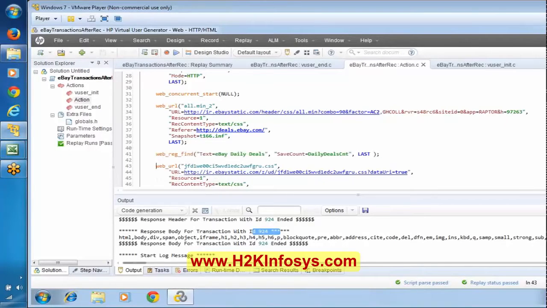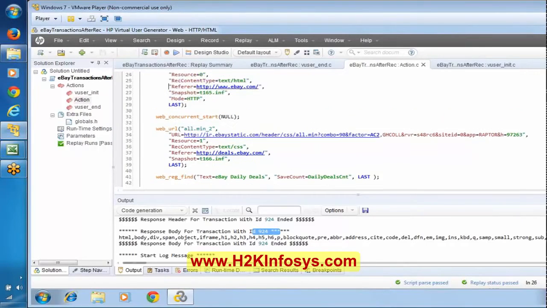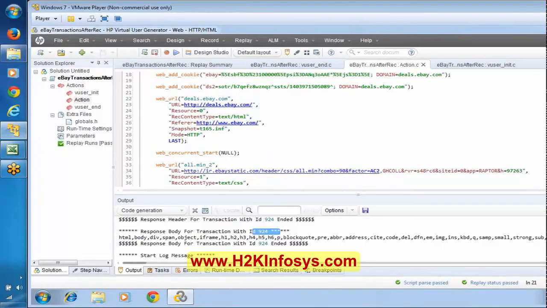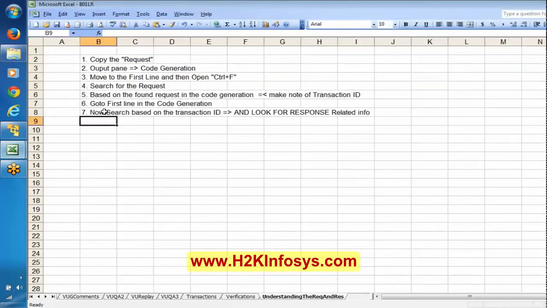Yesterday actually we were trying to somehow, I'm not sure whether while doing some Control F we missed it. Yesterday I assumed that this eBay daily deals was fine in this particular request, and we kept going over here. Now what we have to do, again we have to start from here. If you remember, I said this particular process. Until you find the respective proper information, you have to do this from the starting of the request over here. Whatever steps we have said here, these steps have to be repeated till we find the respective information.